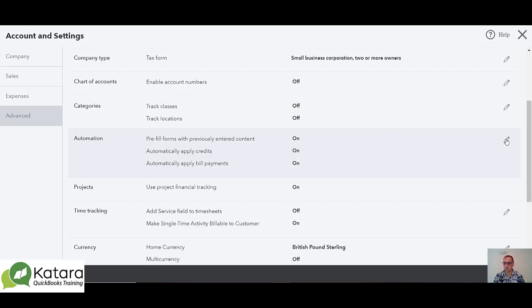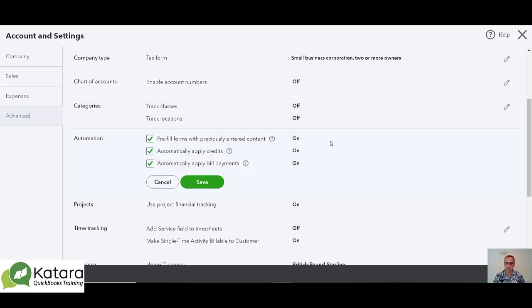If I go to the little pencil mark here, quite usefully we've got little questions where it actually tells us what these particular automations do for us. The first one is one of my favorites. I do like this automation, but I know some people don't use it and don't like it because of the fear of duplication. But if I just click on the little question mark there, it tells you what that particular